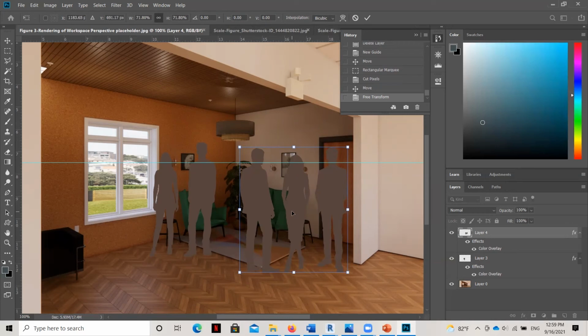And so I tend to prefer bringing in lots of scale figures so that the space looks kind of busy and fun and populated. Now, of course, we don't want too many because it can distract from the image itself. We don't want it to cover up elements, but in a space like this, we like to have a good amount of people inside of it.